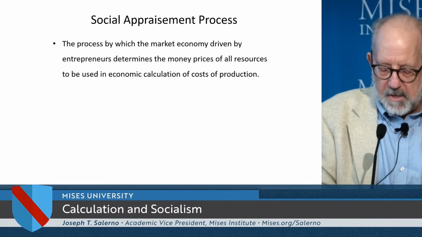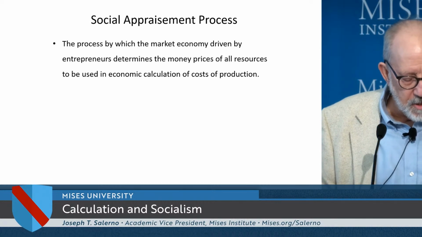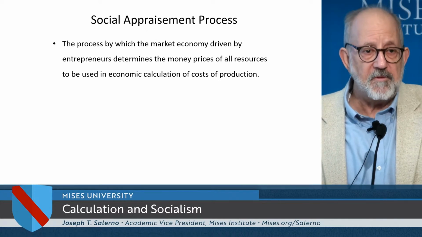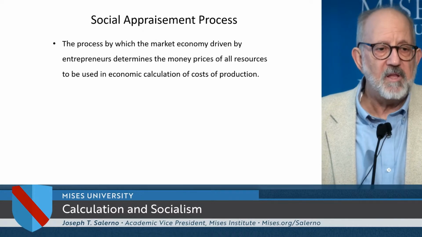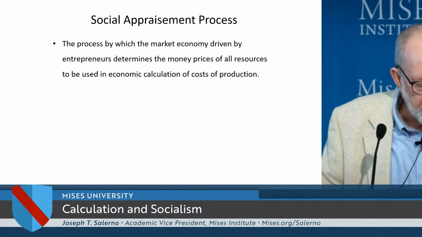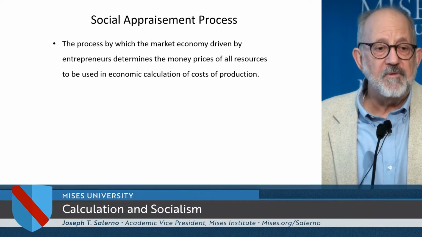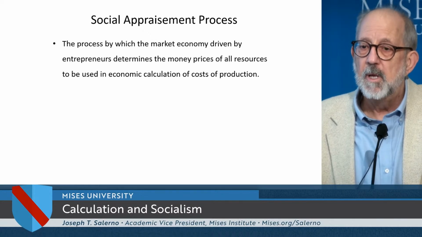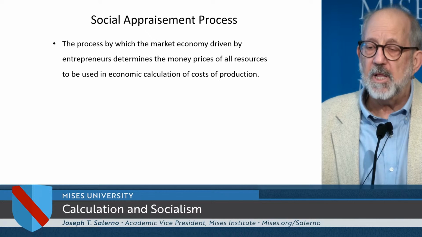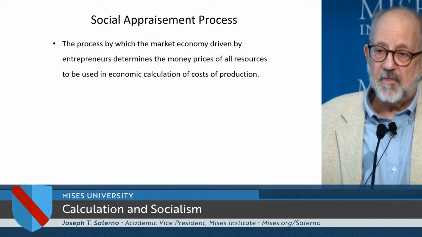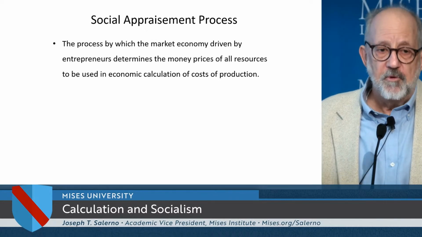So before we get to the social appraisement process, let me just mention the criticism of Mises, and that was, well, the Soviet Union lasted for 75 years. How could socialism be impossible if that were the case? But Mises met this argument in his very first article, the one that I mentioned at the beginning. Mises said the Soviet Union is like a government post office in the middle of a free market economy. It can use the technology and the pricing of the firms around it, who are making things that were similar to it. So it wasn't a true socialist economy.